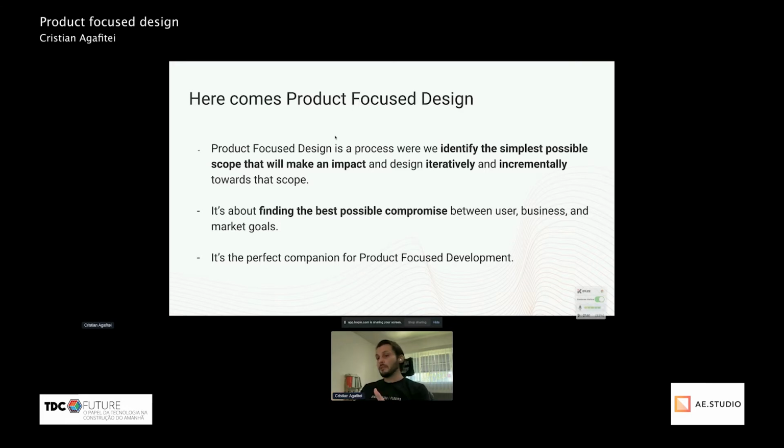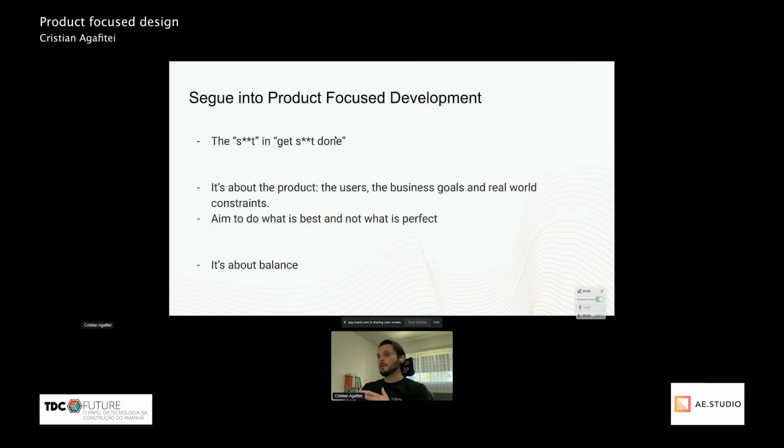And as I mentioned, I did mention product focused development. Product focused development and product focused design go hand in hand. Product focused development is basically the next step, right? After we've designed some things, we have to build them, right? And product focused development is basically the S in get S done. It's about